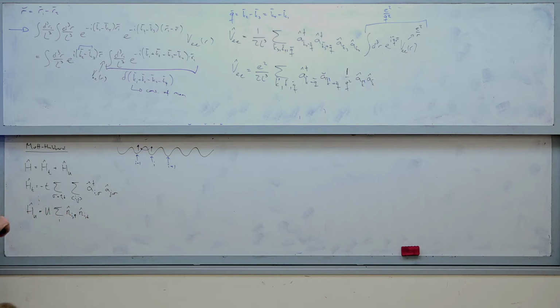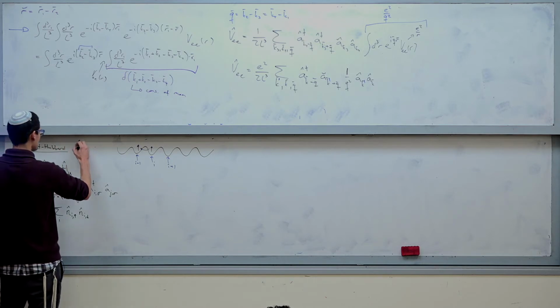So this first part is very simple. You know how to solve it. It's tight binding. You've done it a million times. That's the easy part. What makes it more complicated is the second term. That's the interaction term. And it tells you that when two particles are on the same site, then they have an interaction energy U. Now, we are talking about fermions,